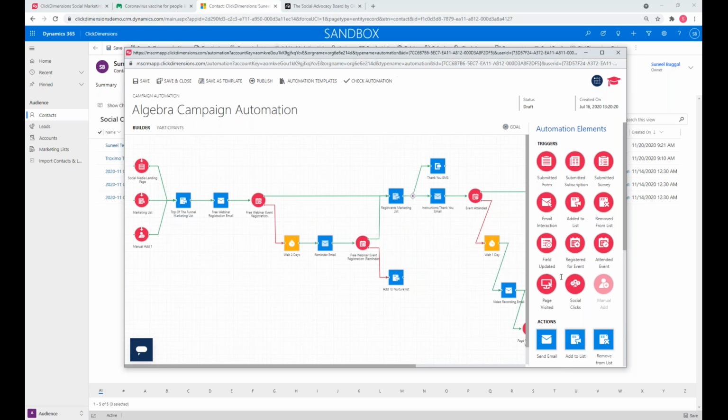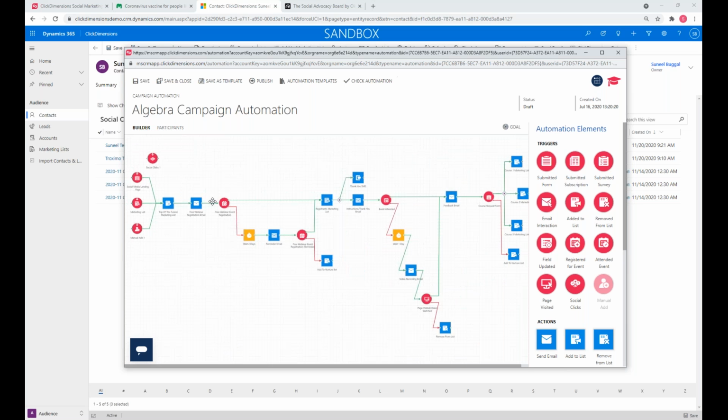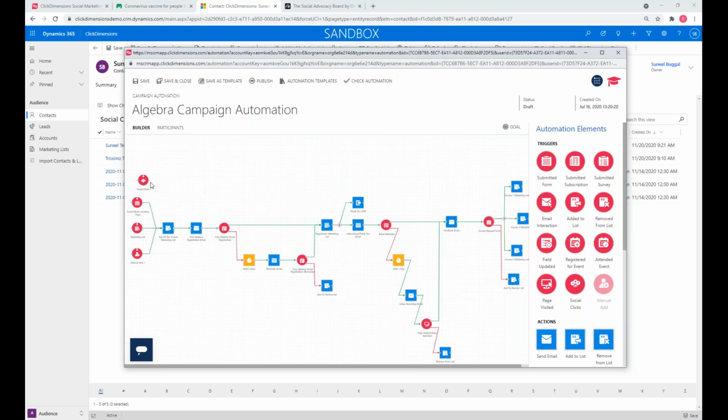But what I want to bring your attention to is this social click trigger, which is extremely powerful, guys, and a massive, massive differentiator. This will probably be the quickest way to get an ROI from your social investment, because we're going to be able to tie people into existing campaigns that are working. Let us know, what are your best working campaigns? Let's use those. That's the best place to start. We know they're working, right?